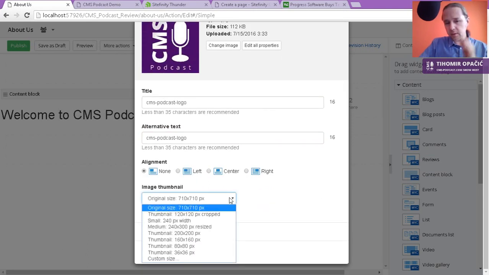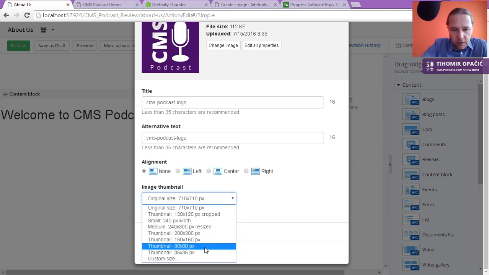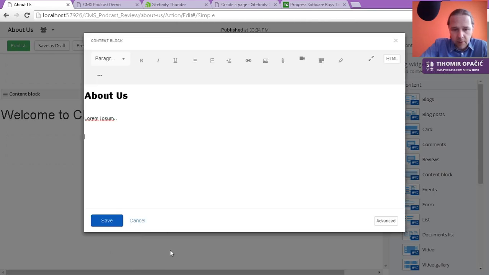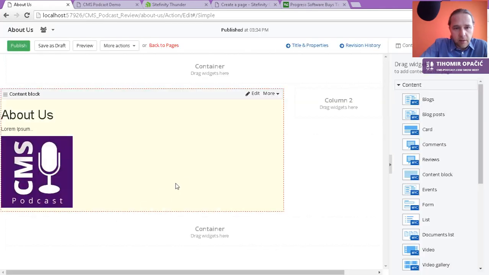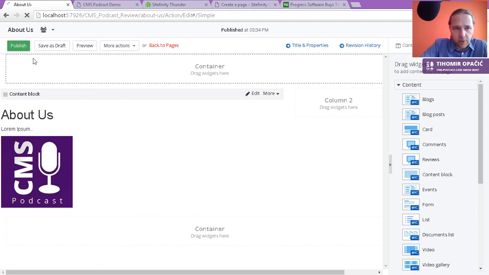I'm able to select the size here, since each image that you upload can be used in any of these formats, which are configurable through another CMS editing section. So let's use 200 by 200 and then insert, and that's much nicer. So let's publish, and then